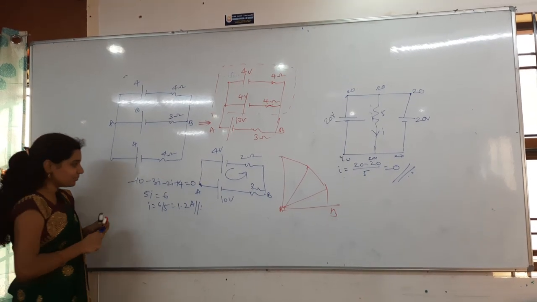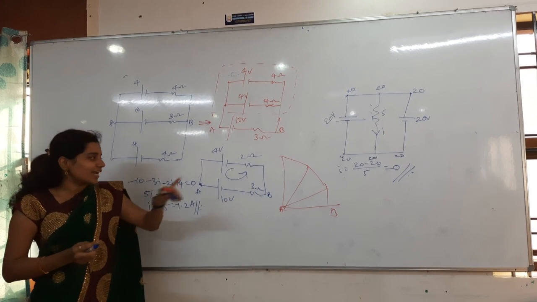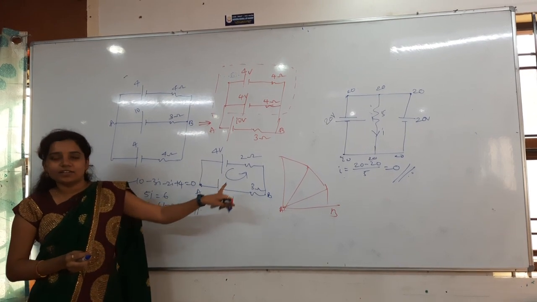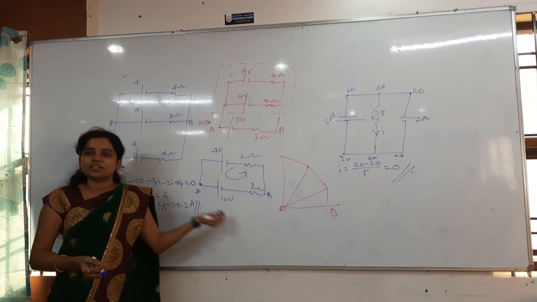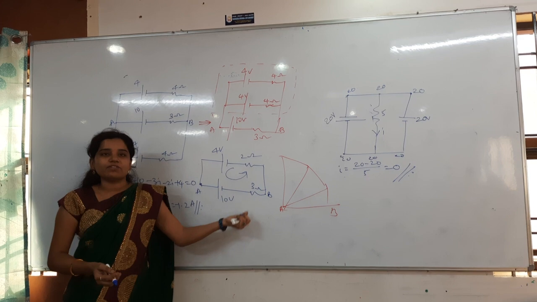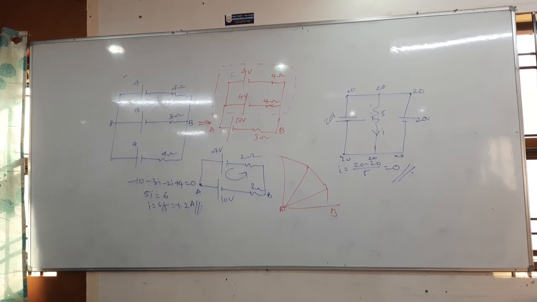Okay, minus will come. Minus indicates who is giving the current? Actually I thought that 4 is giving the current. Now who is giving the current here? 10 is giving the current. Why? Because the 10 is the bigger one, right? So only 10 volts is giving the current. That's it. That is about that problem. Finished? Next. Next one is